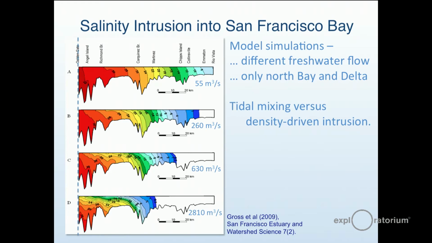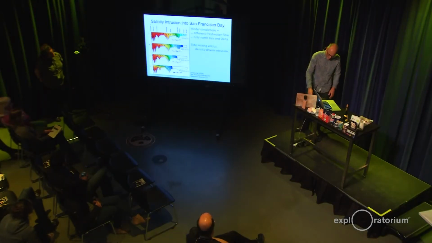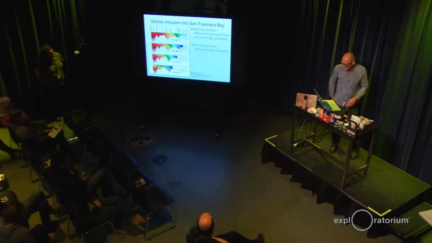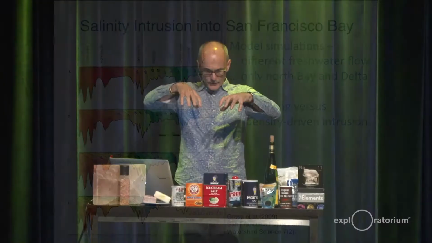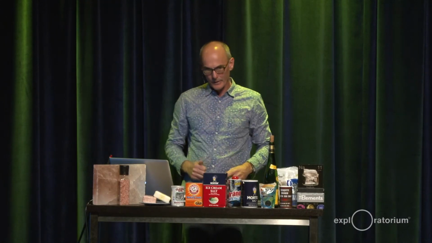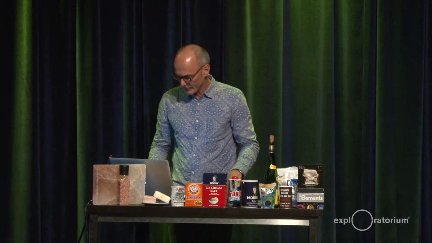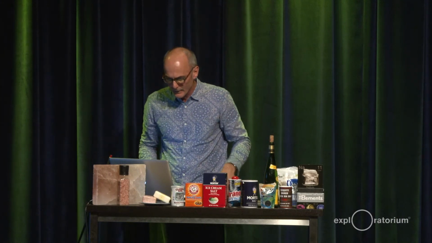Whereas at the top here, it's more of a tidal structure, just mixing water to and from the bay. So you're seeing the difference here at the top between the tidal mixing. It's like you have seawater one side and fresh water the other. Imagine there's no density difference. You took a teaspoon and you just mixed it. That's what the tide does, and it'll kind of mix things out. Whereas the density difference, you put the two together and you'll get that lock exchange interleaving process going on. And that's what pushes the water into the bay.